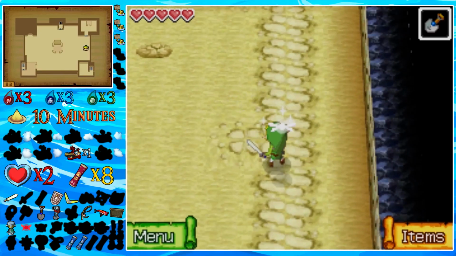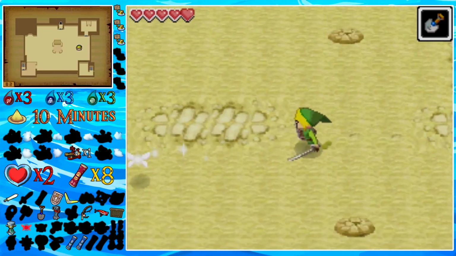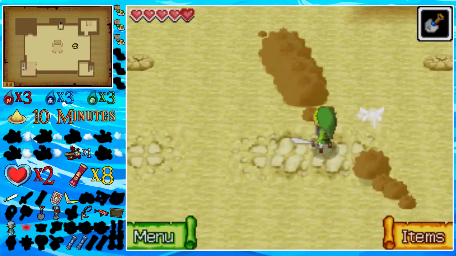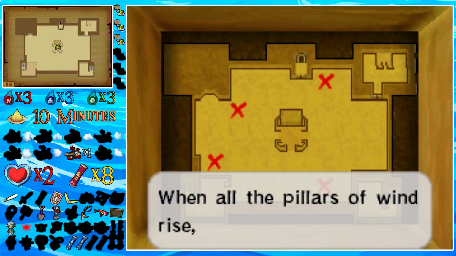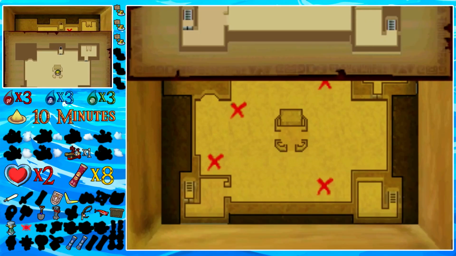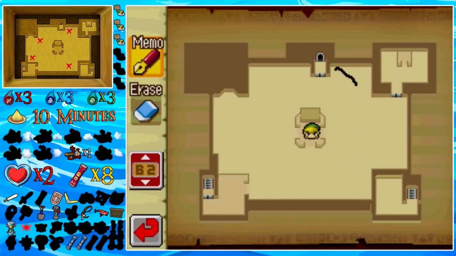When you're on these platforms here, like this walkway there, they actually can't get you. So this is really easy to move around in. We want to get to the center, where there is a map. When all the pillars of wind rise, the door will open. So it's got a couple of things to mark on it. There's one there, one there, one there. Didn't mark that very well, but there we go. And there is one there. Brilliant. With that, we need to...